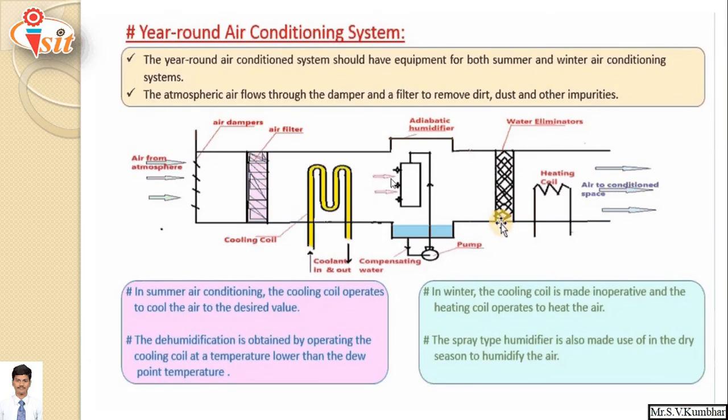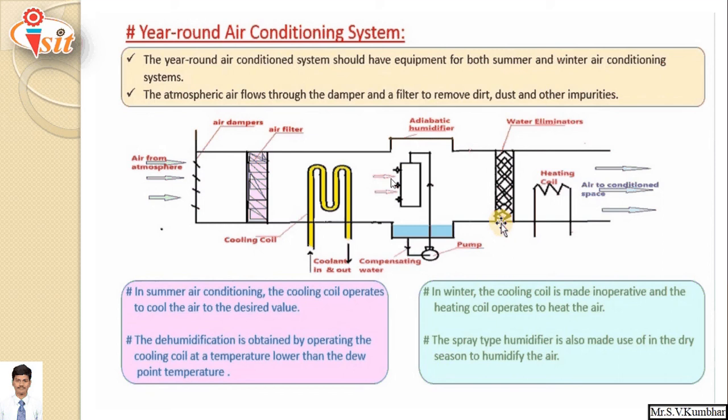Now, next one is year-round air conditioning system. Summer air conditioning system is generally used in summer season. Winter air conditioning system is generally used in winter, but year-round air conditioning system is used throughout the year. Means it is a combination of summer as well as winter. So the year-round air conditioning system should have equipment for both summer as well as winter air conditioning, as its